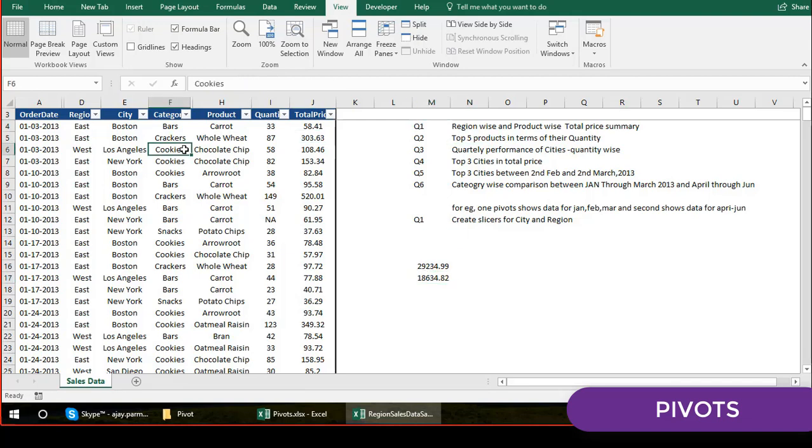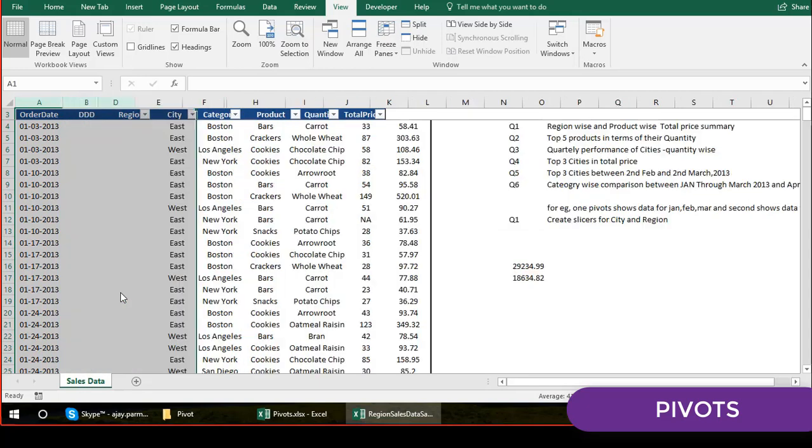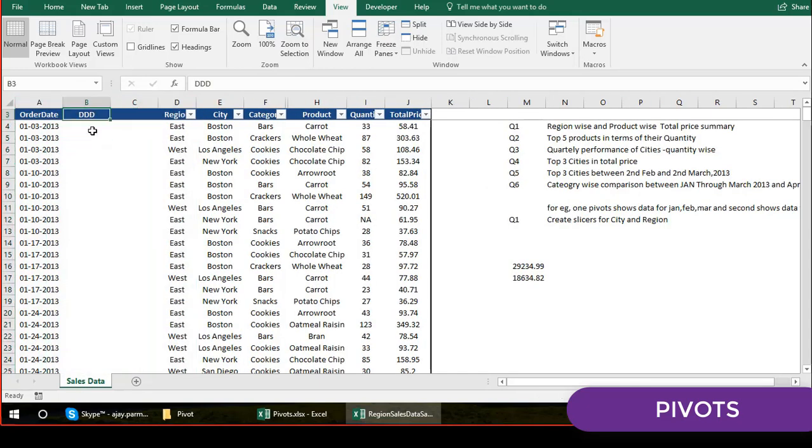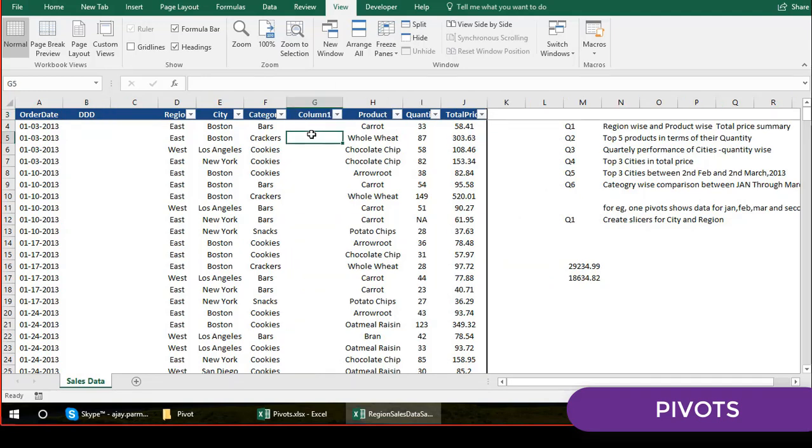So first of all, one thing you need to understand, that when you create the pivot, okay, there has to be no blank header. For example, if you look at this data carefully, I have kept column B and C hidden. Okay, so if I just go and unhide it, we see that this column has a header and this column does not have a header. In the pivot, if you don't have a header, pivots will not get created. If you have a header but you have blank data like this, that is not the problem, right?